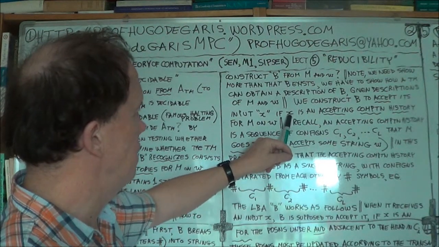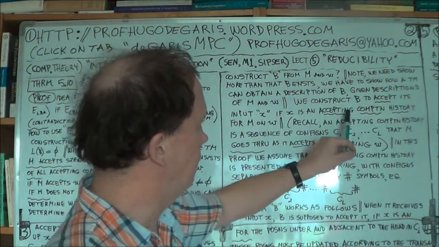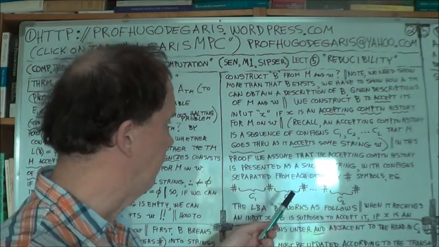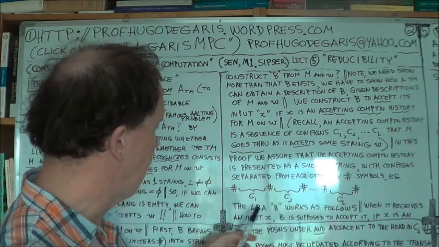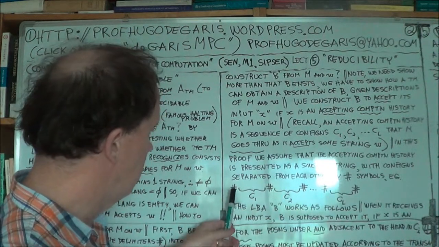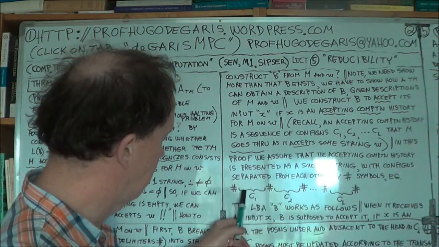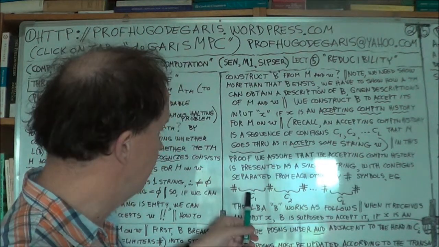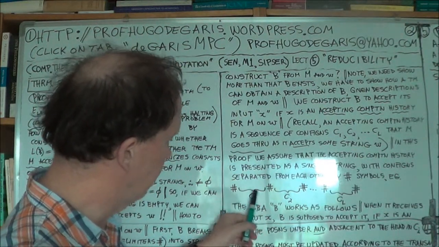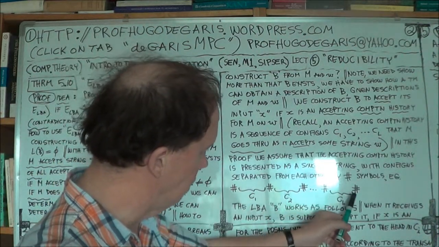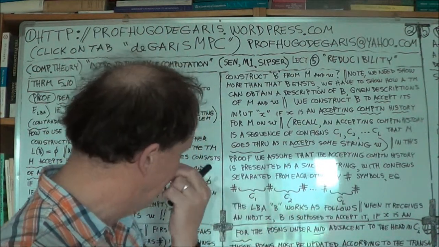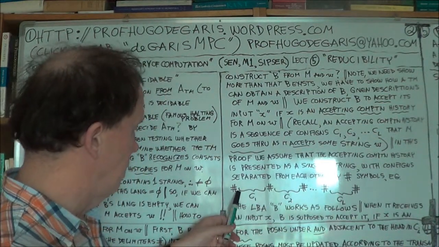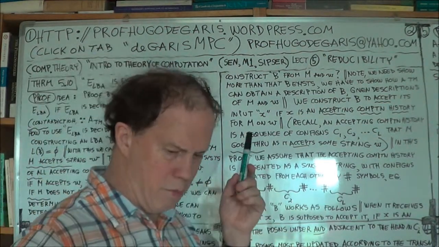So X needs to be in the form of a computational history. So how are we going to format that? Well, in the following way. We separate the configurations, the configs. Here's the first one, the starting configuration. Here's the second one, and the final configuration, before the machine halted. And the information. Now, remember,